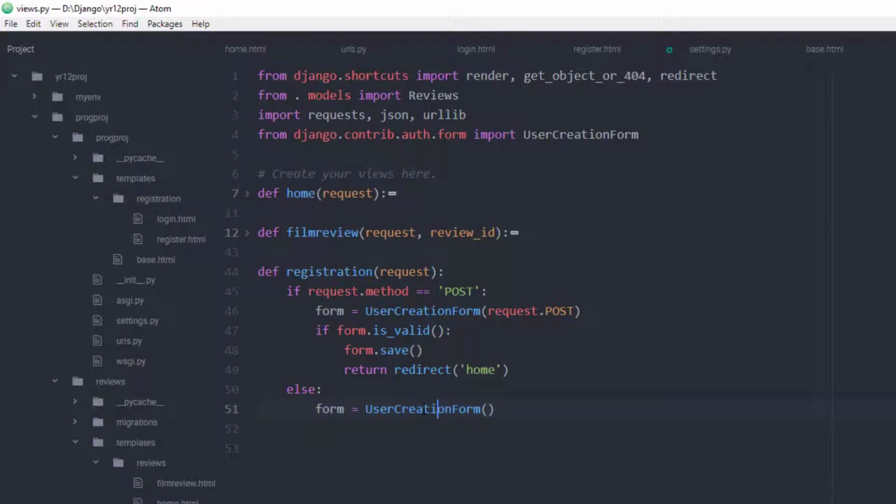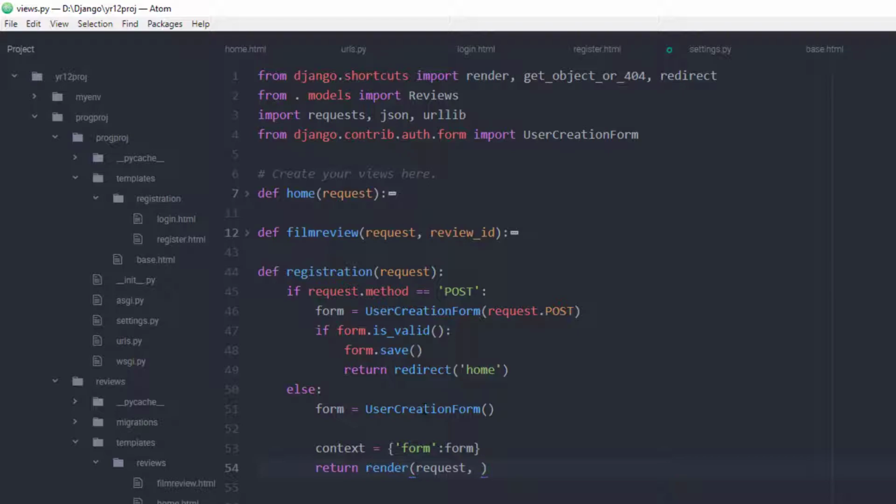Okay, and if it is a user creation form, lastly what we're going to say is let's do another context like we did previously. So we're going to say context equals form: form. And then we need to return as well. So we're going to say return render. This time we're rendering, we're not redirecting. We're going to render the request, which is going to bring the page up,